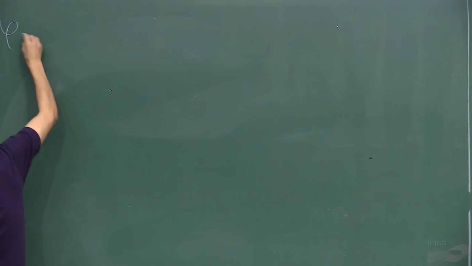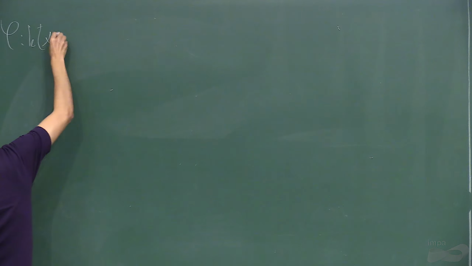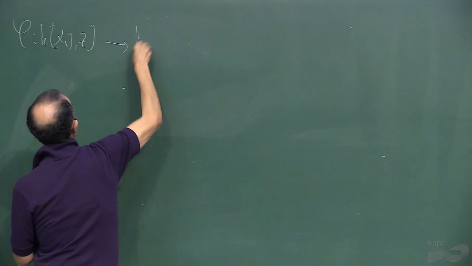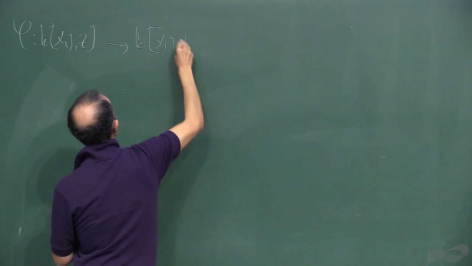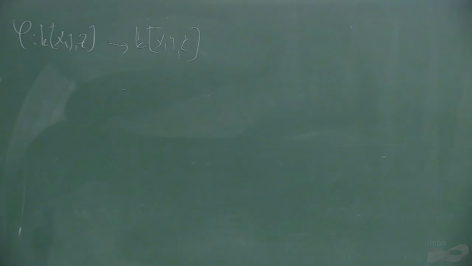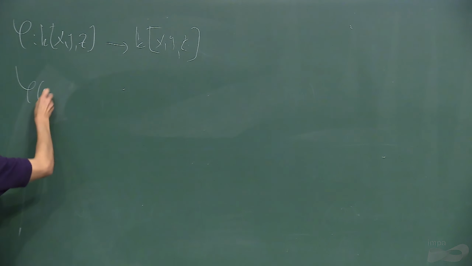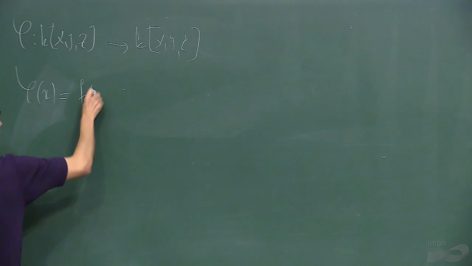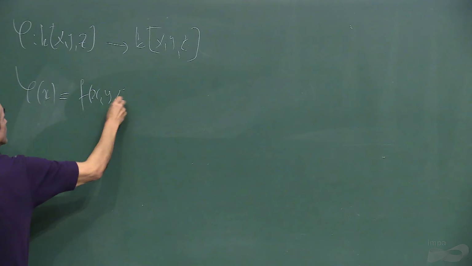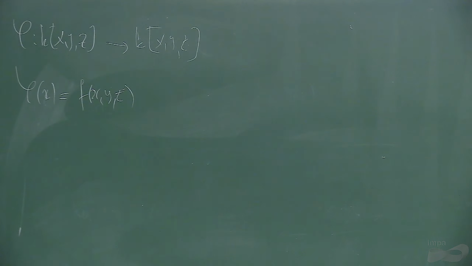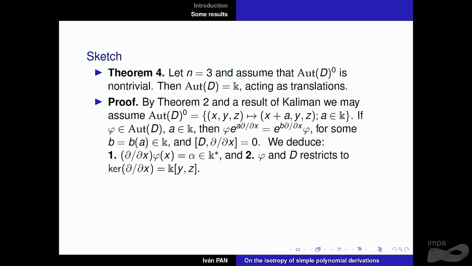Now, we are in this case, three variables. And then phi x is a polynomial here. But by the commutation relation,